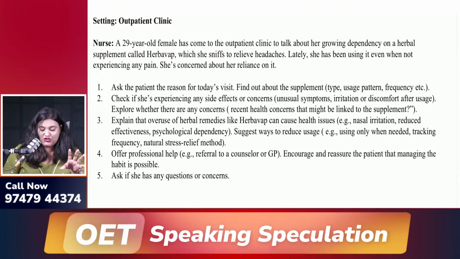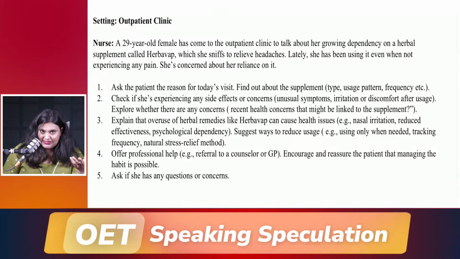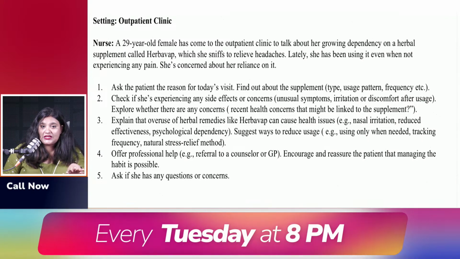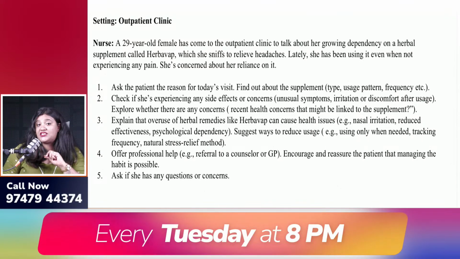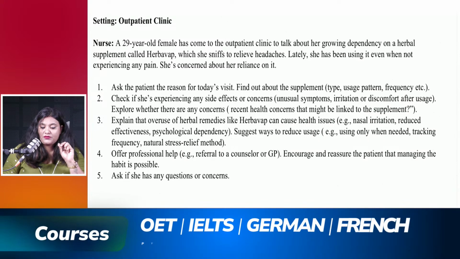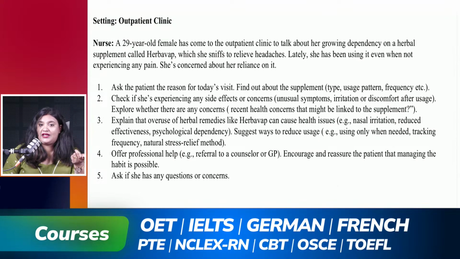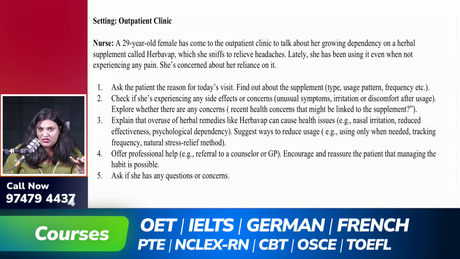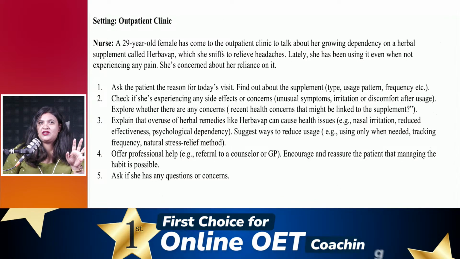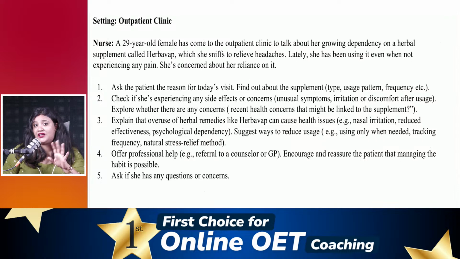This is the context. Lately, that means recently, she has been using it even when not experiencing any pain. She is concerned about her reliance on it. So this is the information given, but we cannot say any information like it's a referral or it is admitted,